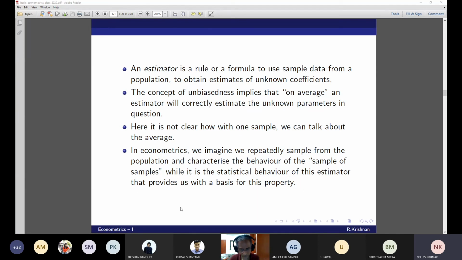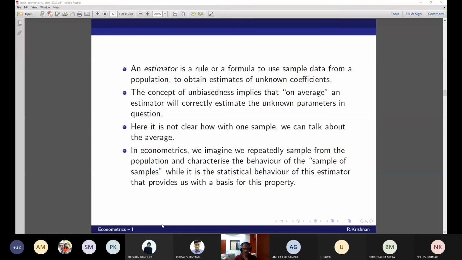Understood? Yes. Okay. Hello, sir. Just to clarify, we repeat the experiment a very large number of times, keep x fixed, find the random error vector and therefore y, and then the b which we get from all those runs, its expected value is equal to the true value, right? Hopefully it will converge, not equal to, converge to the unknown population vector. Okay.